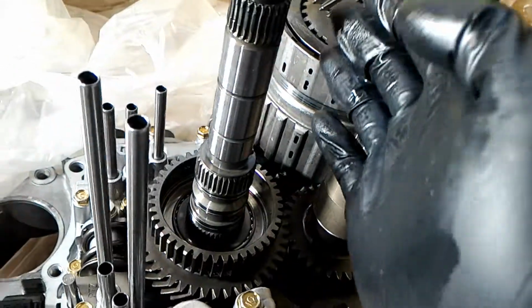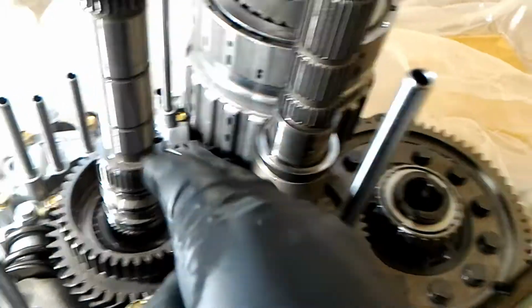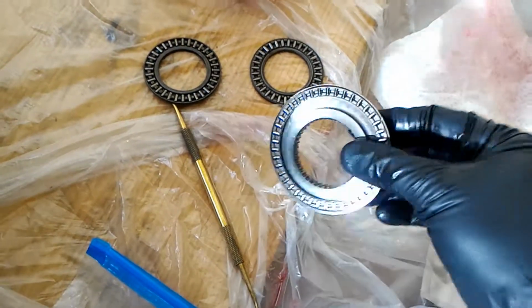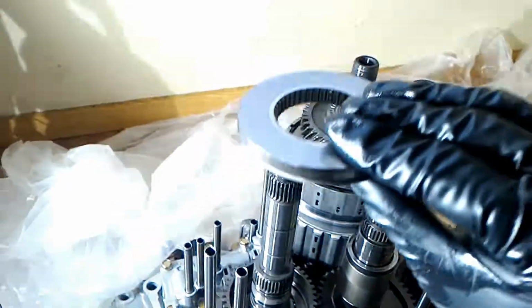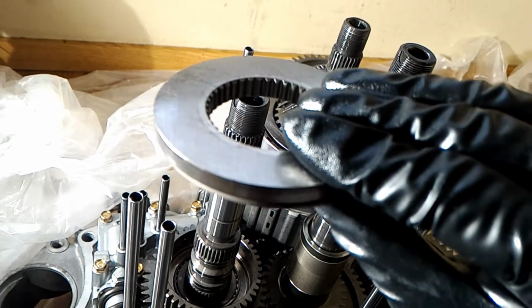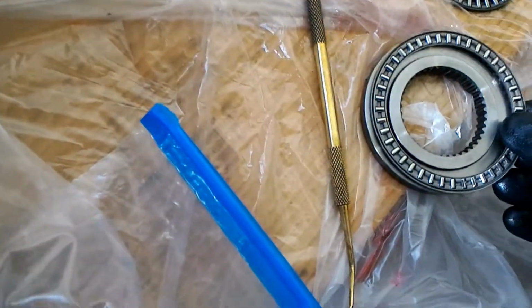So next thing is put in the main shaft, and this side faces up. This is the bottom part, so it's gonna face like this on top of there, and there's no circlip to hold it in. What I do notice is